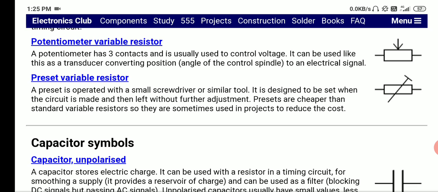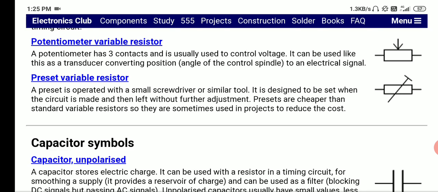That is, when the shaft of the potentiometer moves to the left or to the right, by moving from left to right, it changes the amount of resistance between two points. That is the middle one and the cornered one. Think of it as if you move the wiper towards the left, the resistance between the left and the middle one decreases, and the resistance between the middle and the right extreme one increases, right?